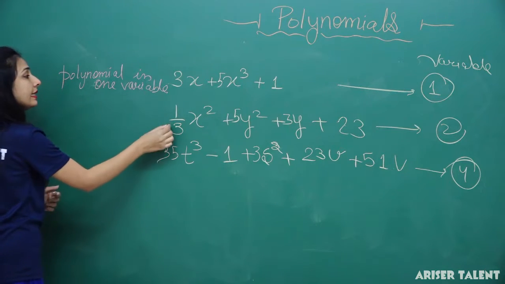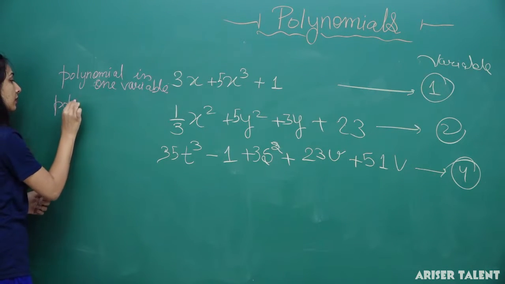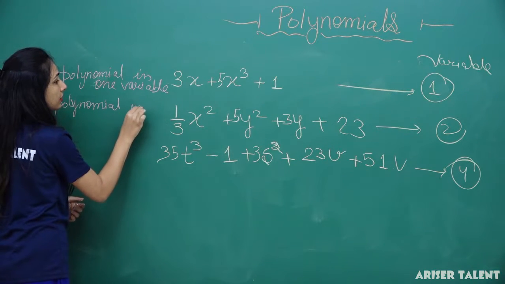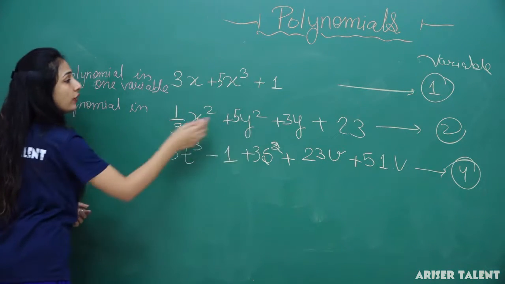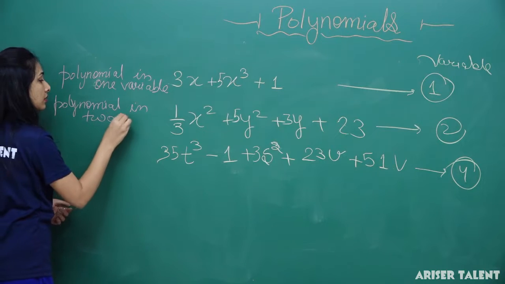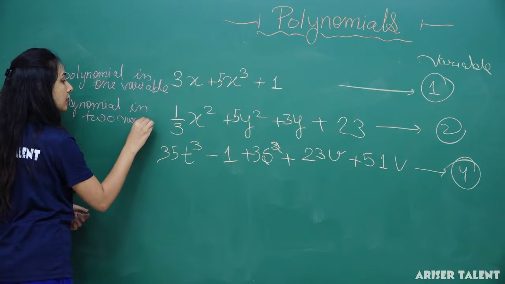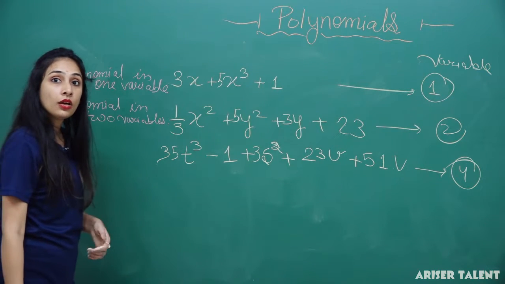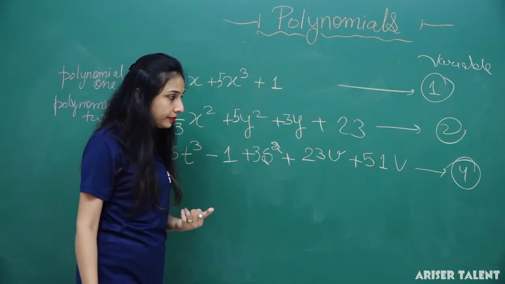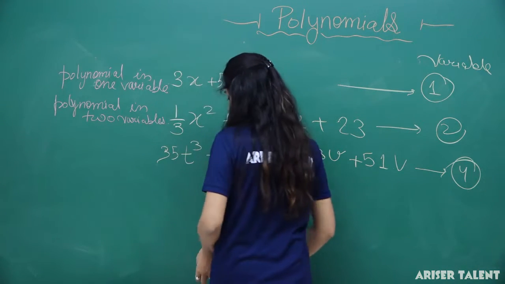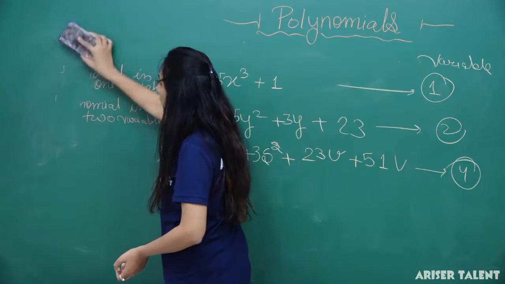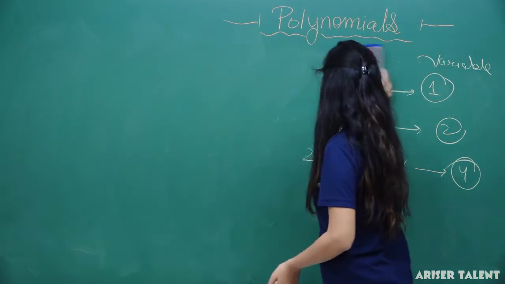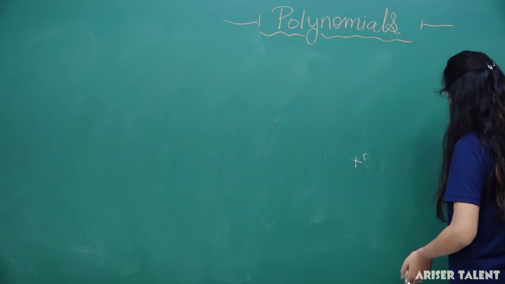Okay, this is what a polynomial is, but in 1 and 2 variables. Likewise, you can understand this is a polynomial in 4 variables. Okay, understood this? Okay, now what we'll do, we'll do some good questions of your book, that is exercise number